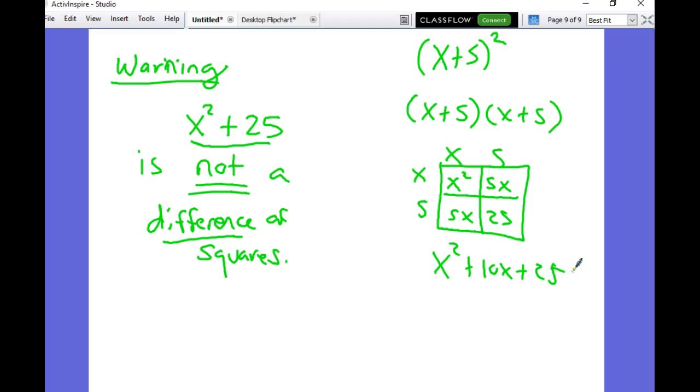Is that the same thing? No, it doesn't work either. So this is actually a prime polynomial. You cannot factor it. For this, you would just say can't factor, or you would say it's prime or something like that. I don't plan on torturing you with that too much, but I do want you guys to be aware of it. So just know that it has to be a difference of squares to actually work. Okay? So,